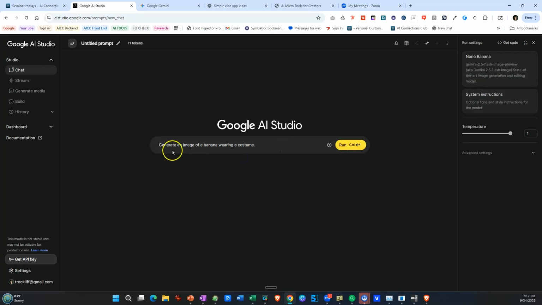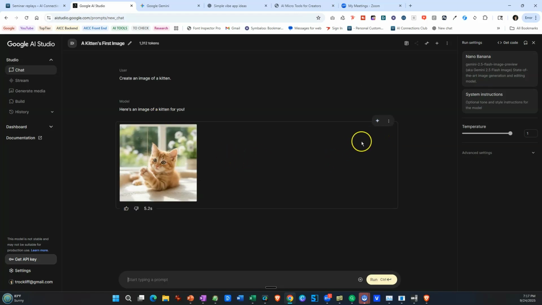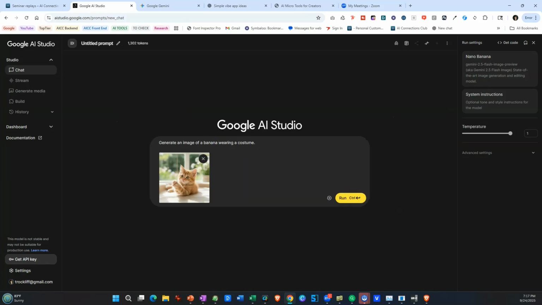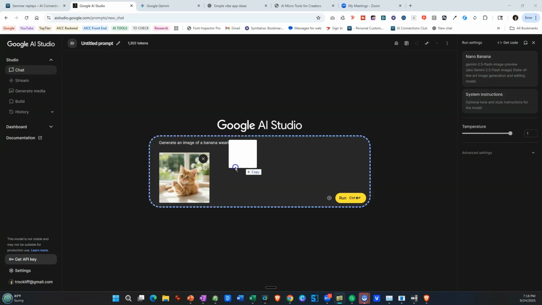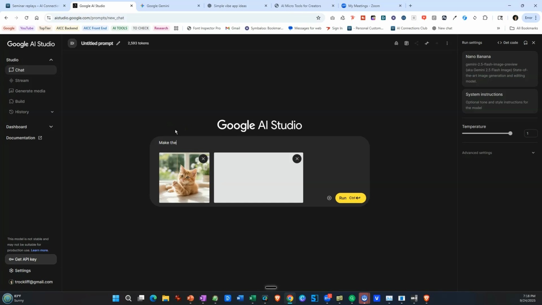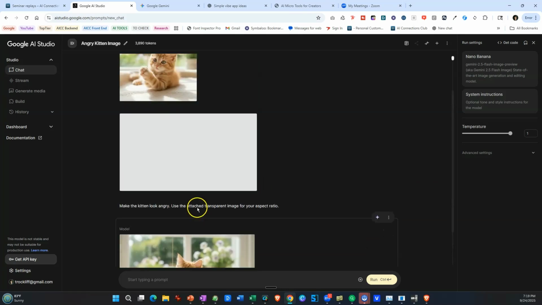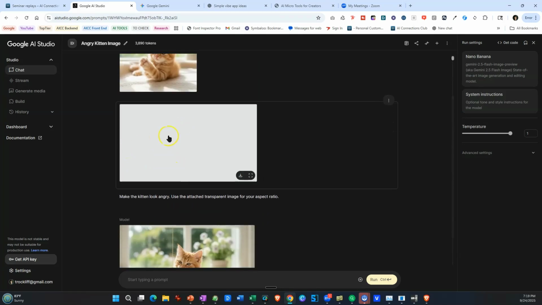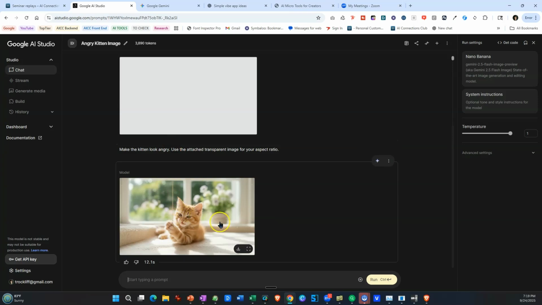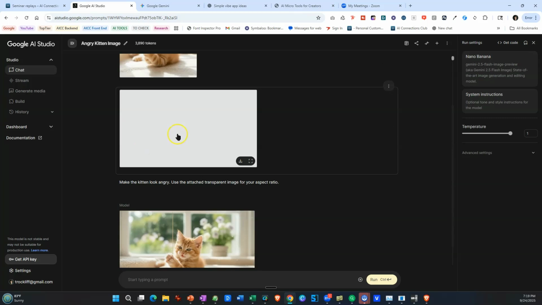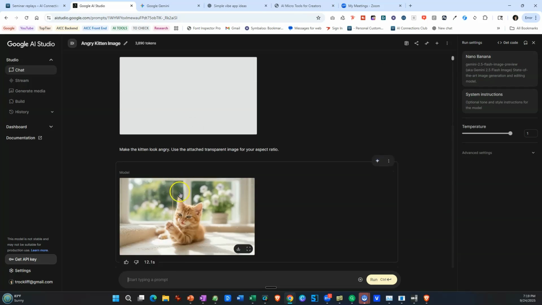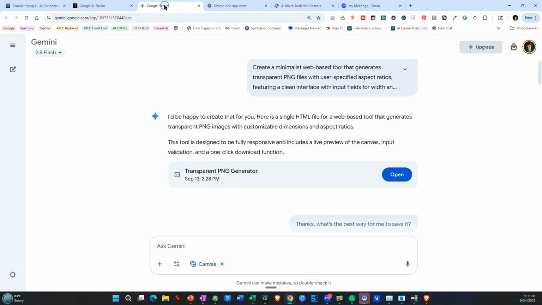So let's create something. I'm going to upload my transparent image, and I'm going to say, make the kitten. So you see, what it did now is it took that square image, and it took this as its reference, and it filled in the sides in terms of what its figures should be there. So basically the idea is you just put in your image first, put in the transparent image last of the size you want, and then tell it what to do. So anyway, going back to Gemini,